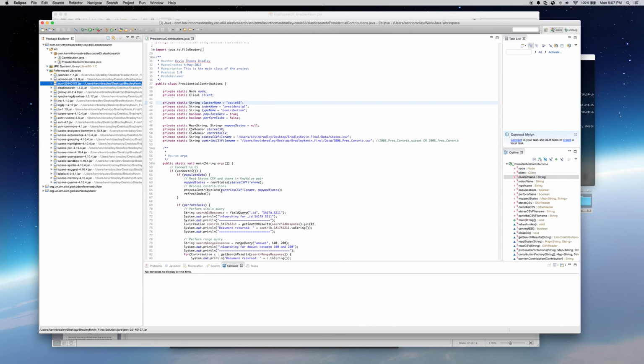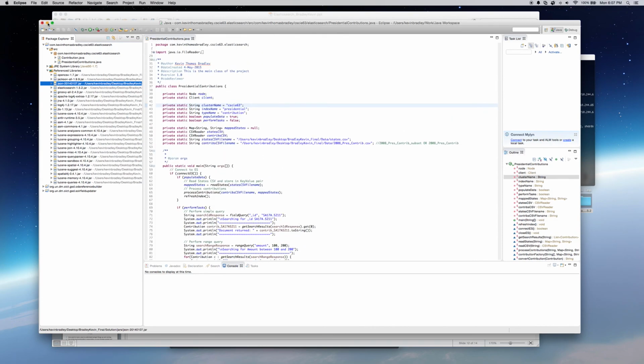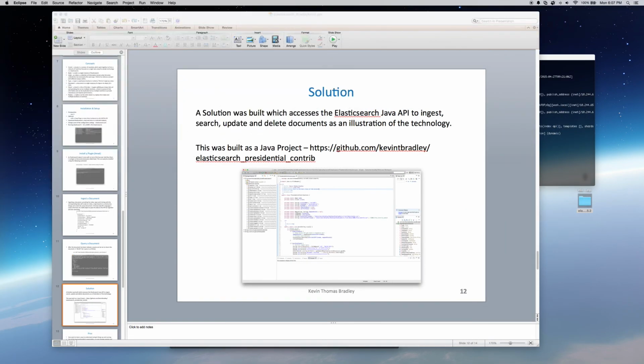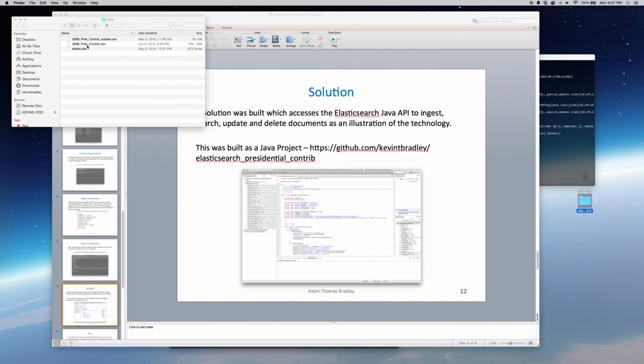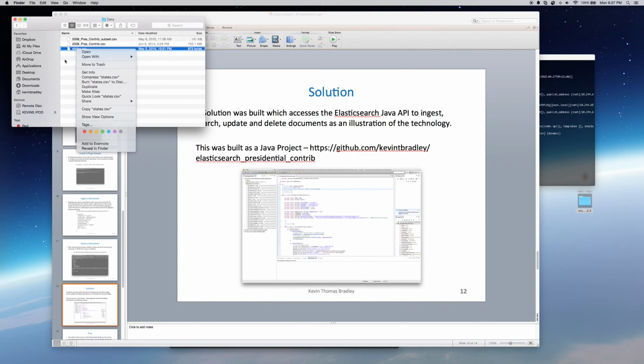Before I get into the actual code of this project, I would like to speak about the data sources of the project itself. So if I bring up the data sources, what we have here is 2 data sources. We've got the 2008 presidential campaign contributions, and we've got the states. So if I show you the